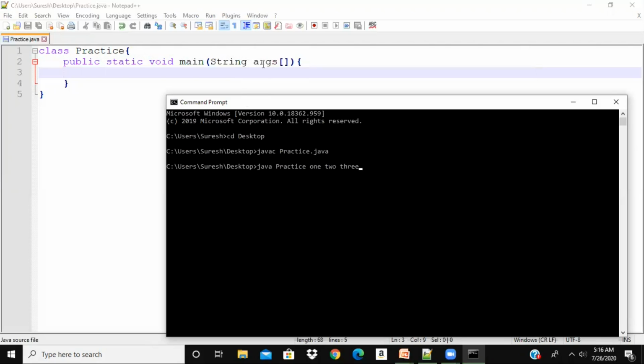I can use this in my main method, and if I want to do any processing on them, or print them, I can do it. For now, if I run this, it shows no error because these 1, 2, 3 were assigned to args. I am not using them at all. That's all. Let us try to use them.